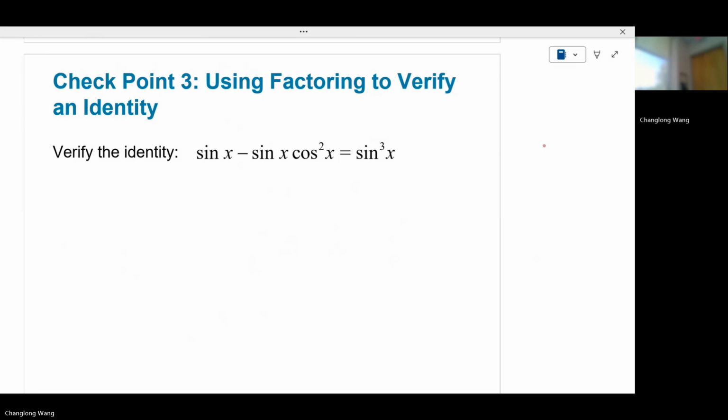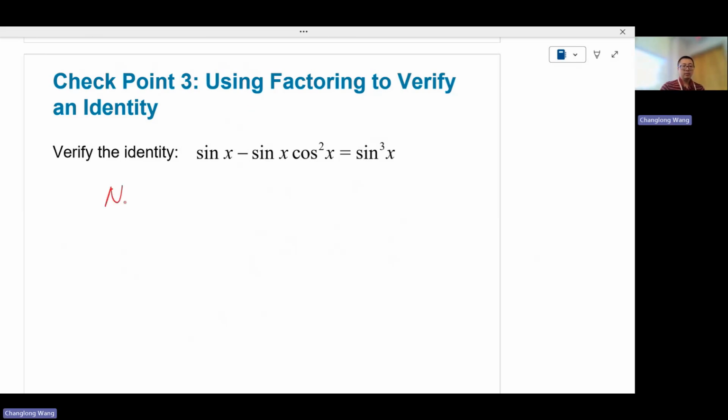So let's say, does anyone notice a common factor for these two terms on the left-hand side of the equation? And what is that common factor? Sine of x, right? Again, it's not necessarily a numerical factor, not a polynomial factor. It's a factor of a function, sine of x. So to factor it out,